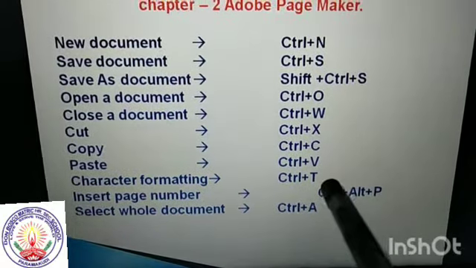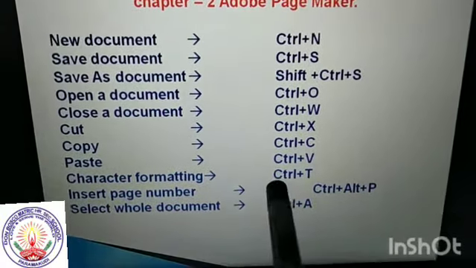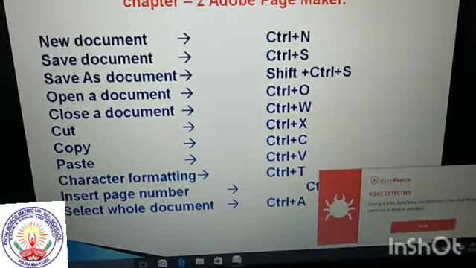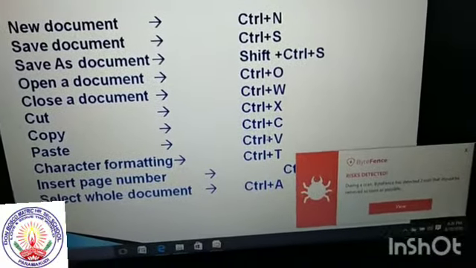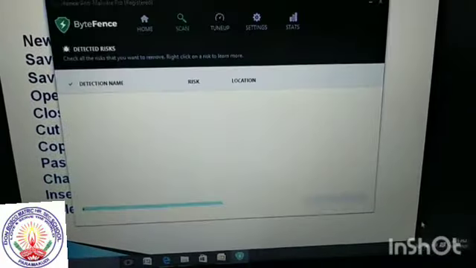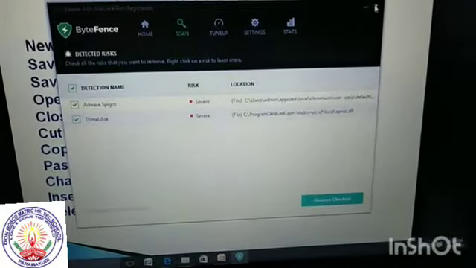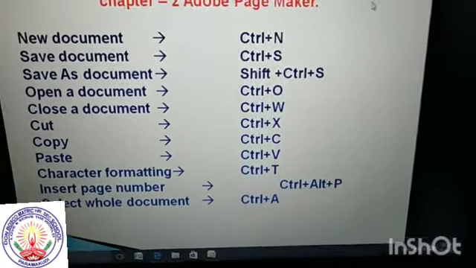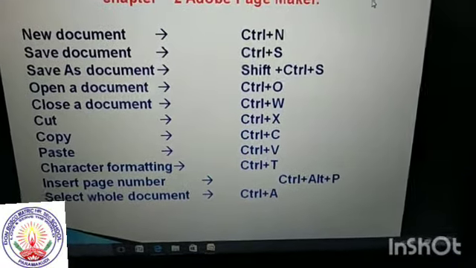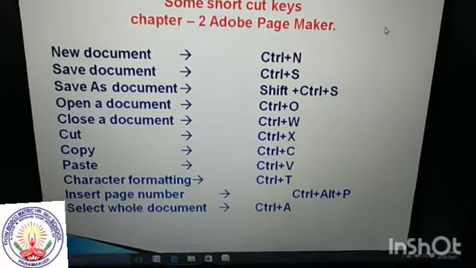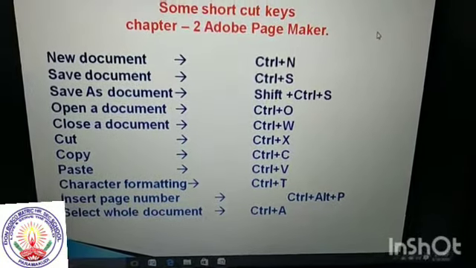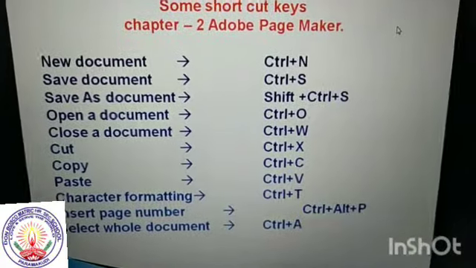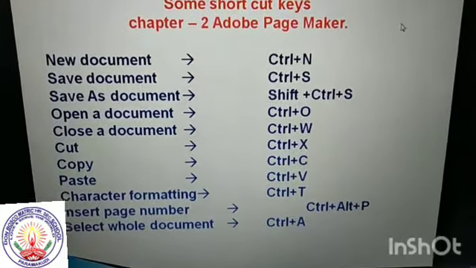Whatever changes we want to make in our document, we use the shortcut key Ctrl plus T. To insert a page number in Adobe PageMaker, use Ctrl plus Alt plus P. To select the entire document, Ctrl plus A. And the last one: if you want to take a print copy, use the shortcut key Ctrl plus B.